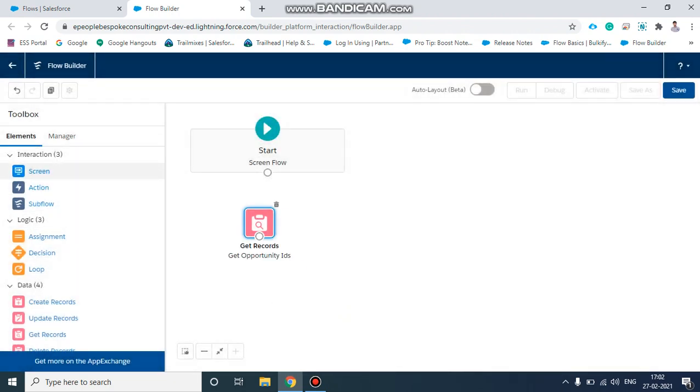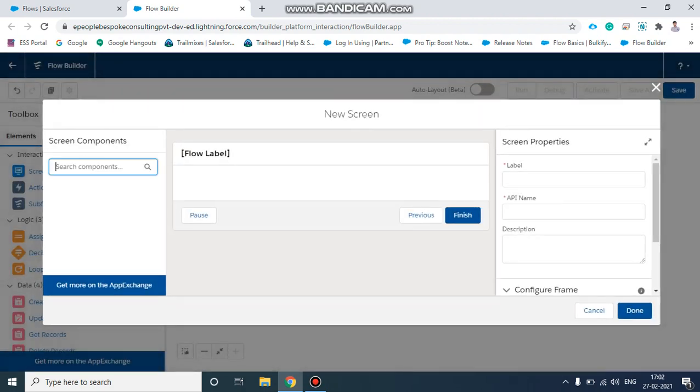Then I will take a screen where I will add the file upload component.